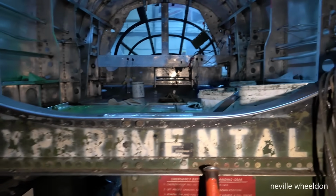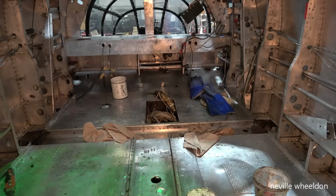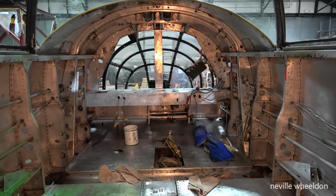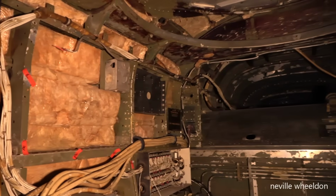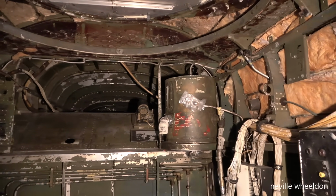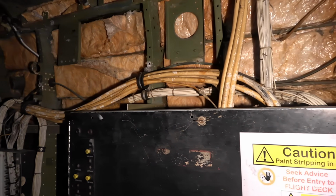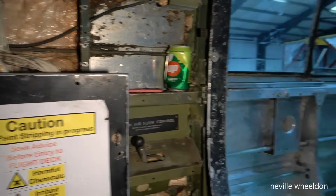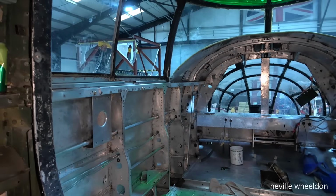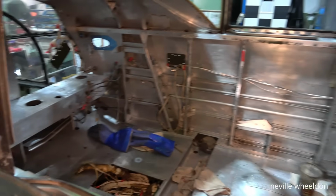A look around the cockpit at the work done and the work to be done. The wiring looms look daunting. So take a breath, and then...